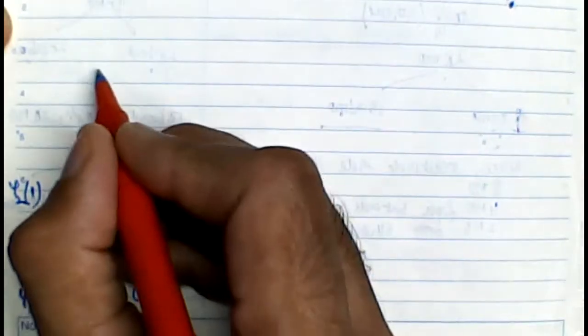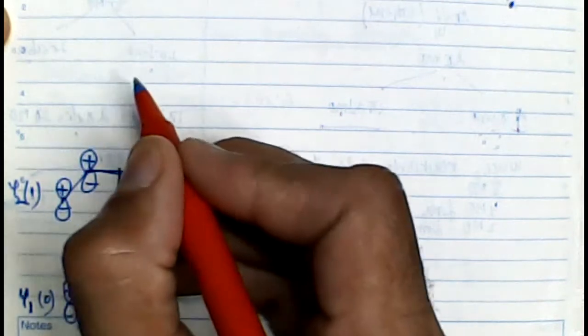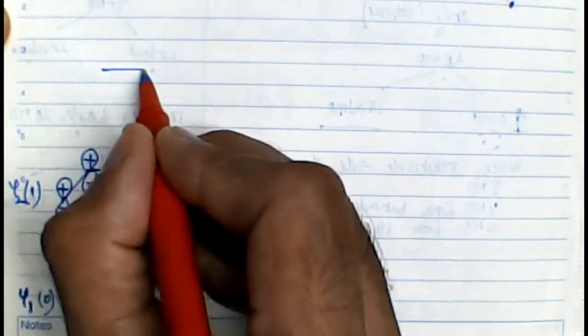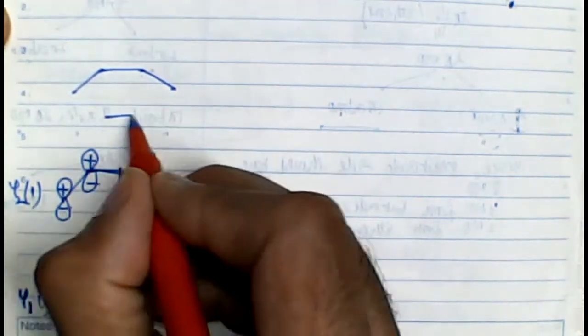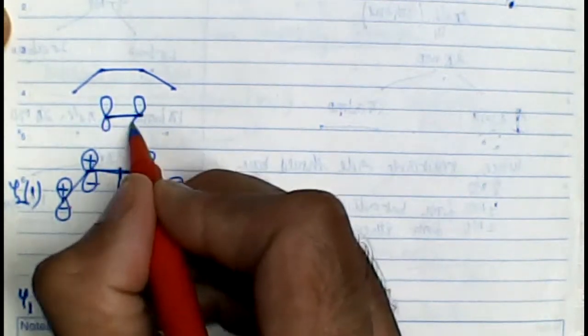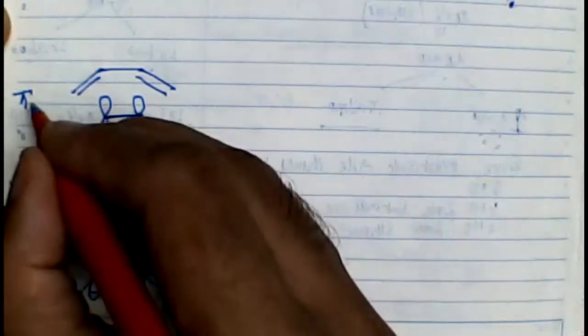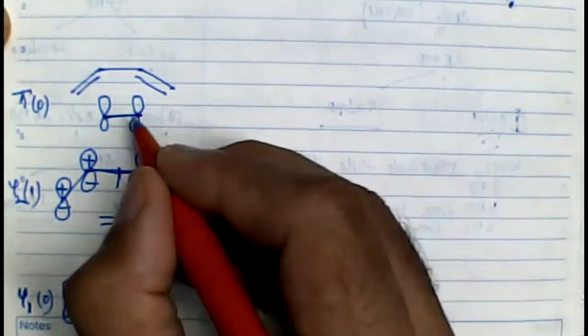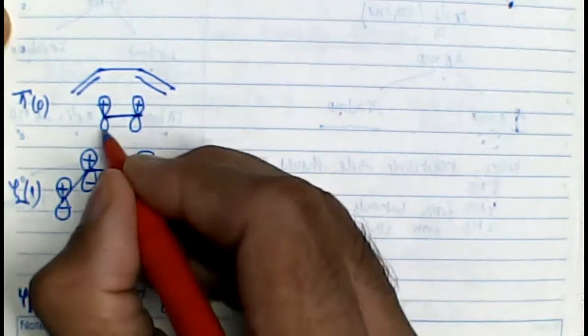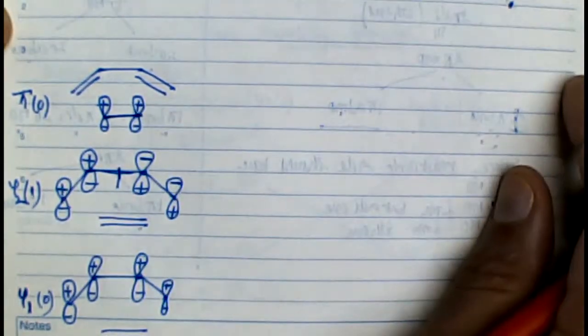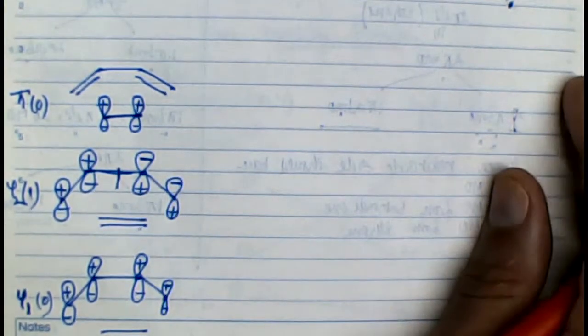And then the third, psi3. How do I draw psi3? This orbital, the third orbital, is coming from ethene. Since it is coming from ethene, I need to draw only the ethene molecular orbitals. I'll skip the butadiene part. So this is my pi molecular orbital. Remember, ethene's first molecular orbital has 0 nodes. That means both the p orbitals of the above face should have the same sign.